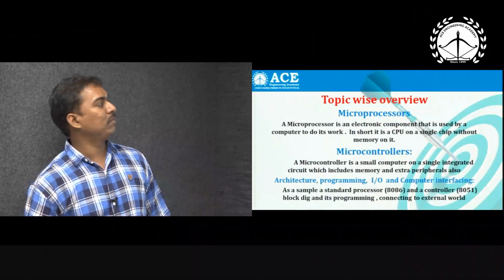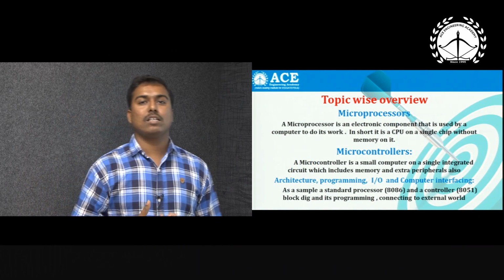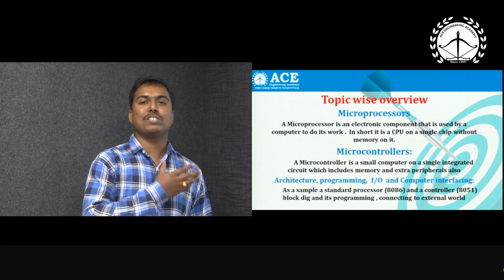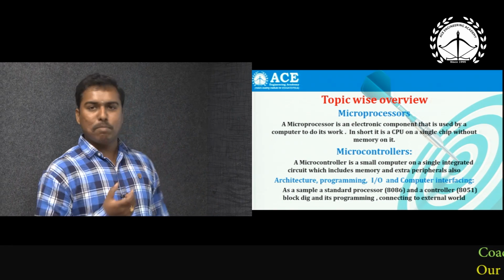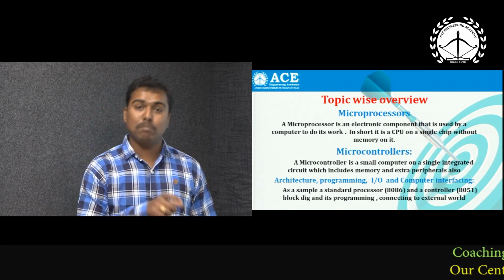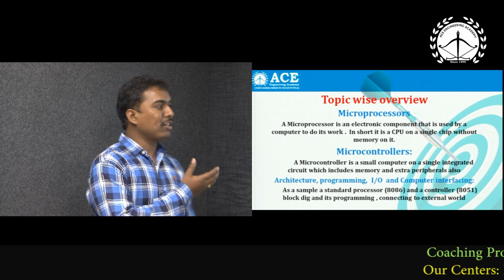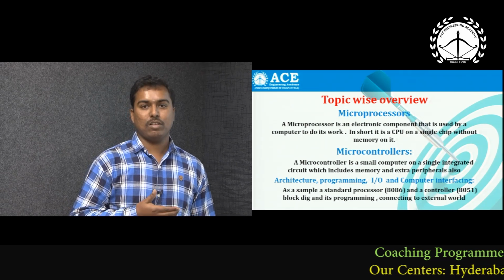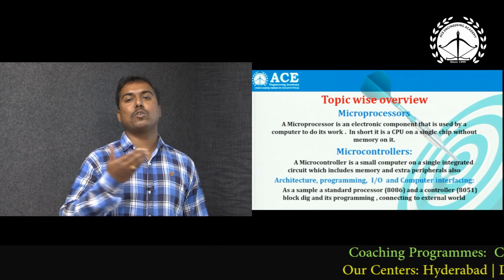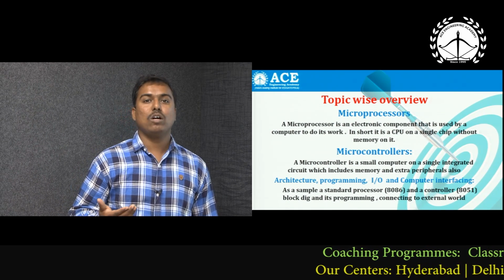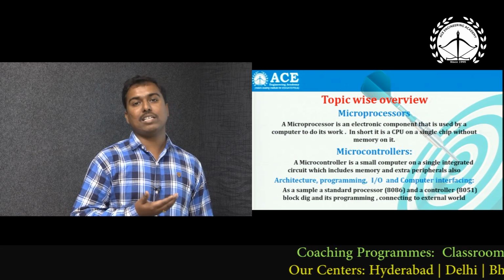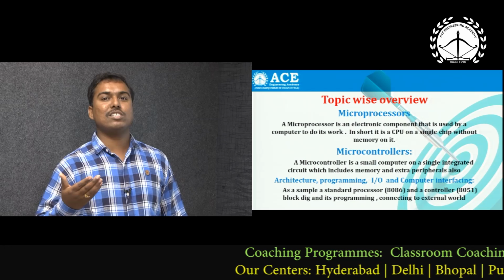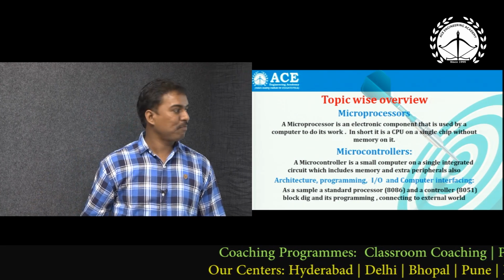What is a microprocessor? Today everybody is aware of what technology mobiles are following. So the root of all these mobile technologies is first the processor. Microprocessor is simply a CPU on a single chip but without memory, whereas a microcontroller is a CPU with a memory also on it. So comparatively microcontroller is somewhat advanced. So by generating a mechanical signal, the mechanical signal is to be converted to electrical to digital, and the digital signal should be given to the processor technology.